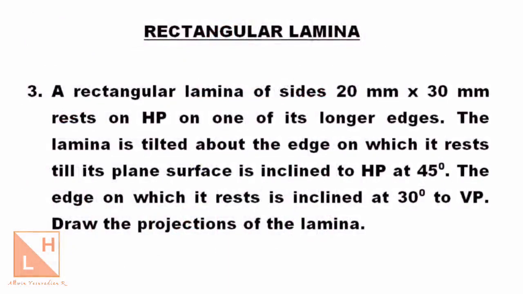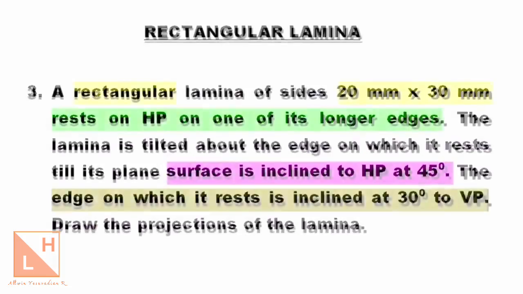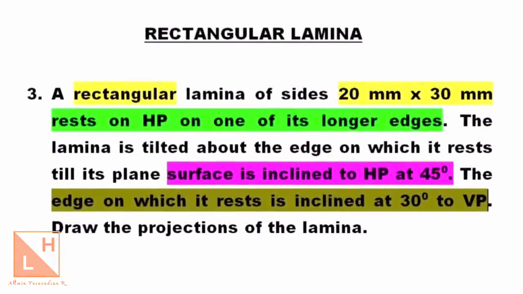Let's look into another example, problem number 3. Read out the question as we have done in the previous problem. Note down this data one by one before we start the solution, and use them as a checklist when we proceed with the solution, so that we confirm that we are applying the conditions given in the problem correctly. The important things to be noted are highlighted. You can just pause and write this down one after the other.